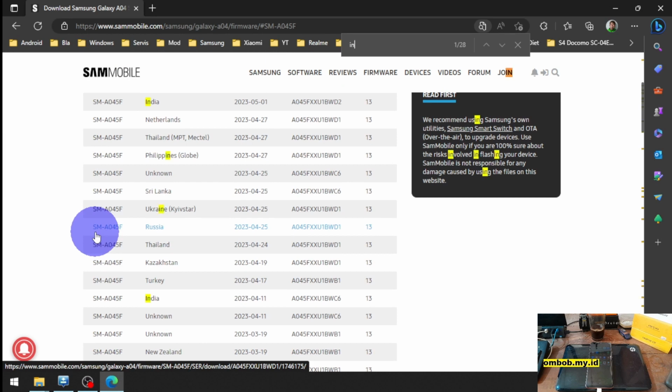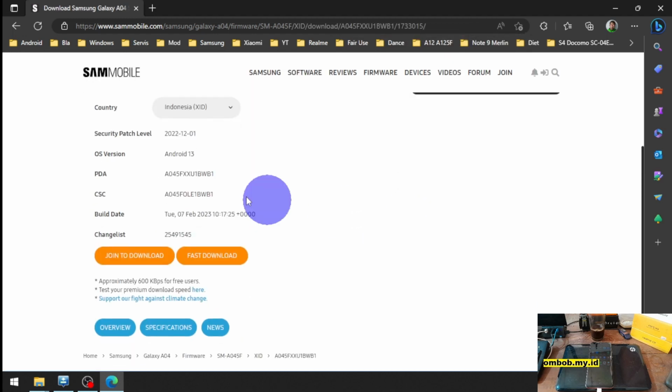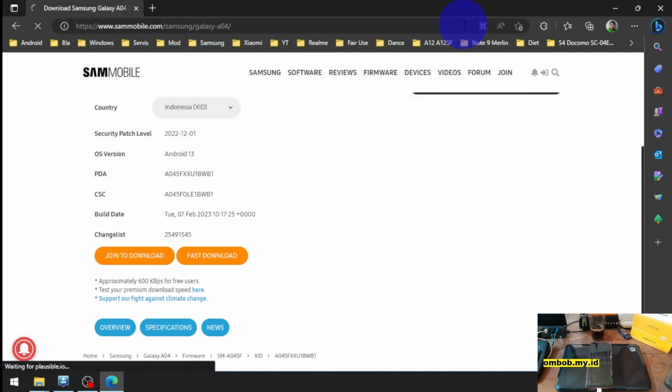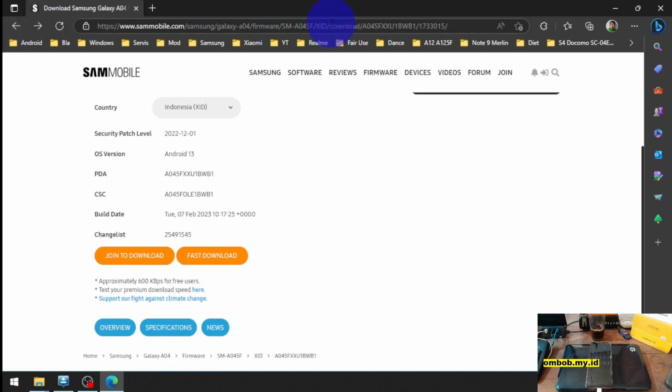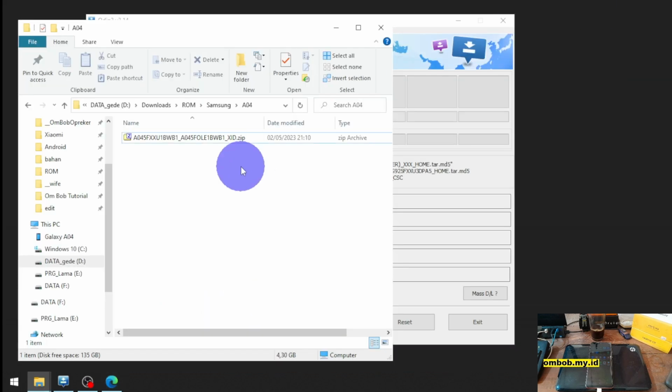For example, let's find the Indonesian version, open it, and you're good to go. You need to register to download the file. It's free. XID is Indonesian. Find your region. And next